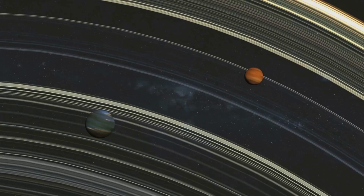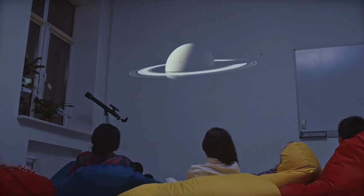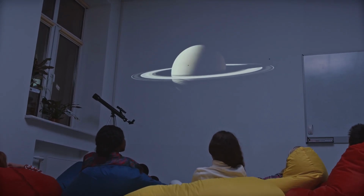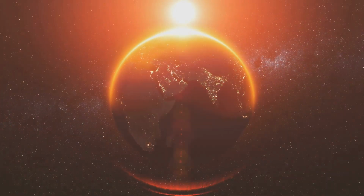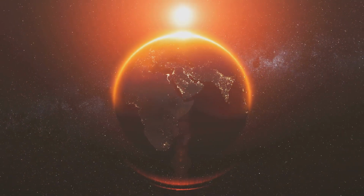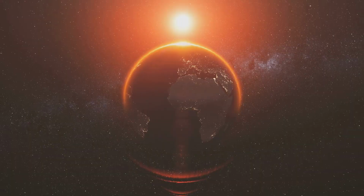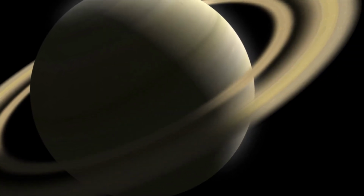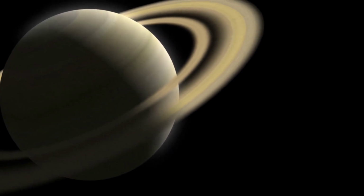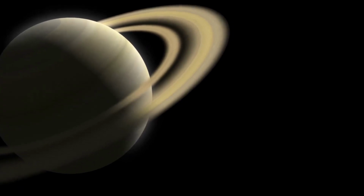Section 3. Unveiling the secrets of planetary formation. The study of Farbauti's orbit provides further insights into the dynamics of planetary system formation. Its retrograde orbit, in the opposite direction to Saturn's rotation, suggests that it did not form in its current location but was captured from a different region of the solar system. This capture event, and the subsequent evolution of Farbauti's orbit, can reveal information about the gravitational interactions that shaped the